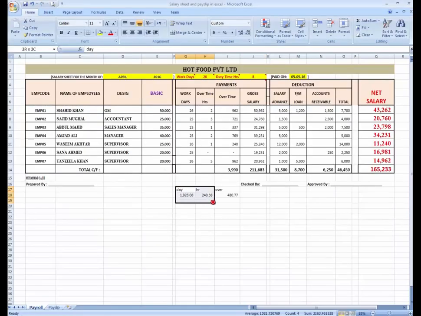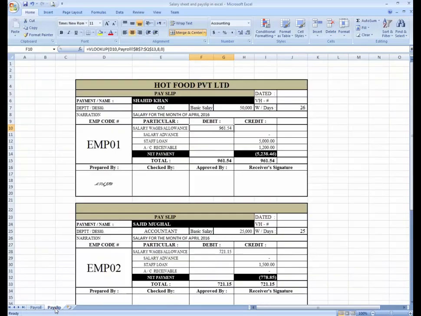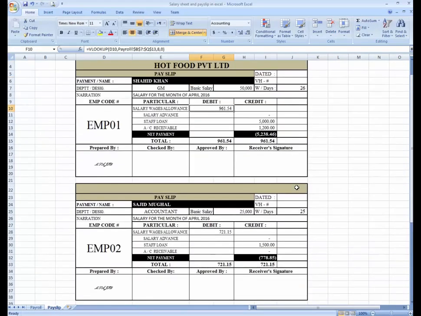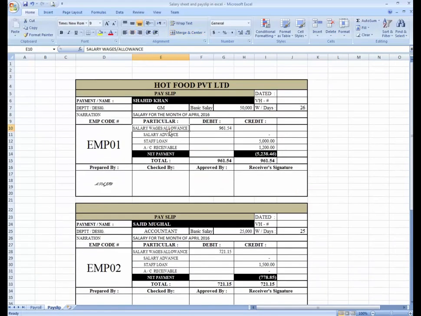Now I am going to erase this one, and I want to check whether the functionality works properly or not. 8 hours to 10 hours. You can see our time is changing, and you can see the rate is changing. I'm going to set it back to 8 hours, and let's take a look at our payslip. What has happened with our payslip? Oh, that is completely changed because the cells are affected, so we have to work with it.